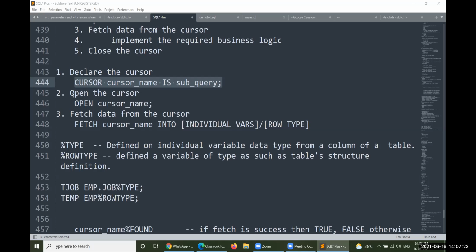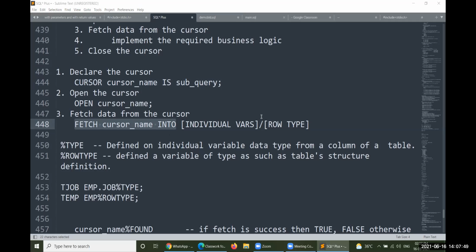After the creation of the cursor, you have to take this statement in the begin section of the PL/SQL program, that is, open cursor. After opening is completed, you fetch the data from the cursor by using the fetch statement.